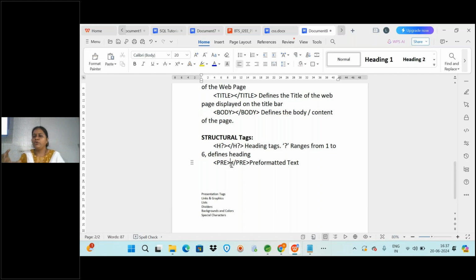So whenever you want to display text as it is, typed with commas, quotes, everything, then you put it under the pre tag. Whatever format is given inside, it will be displayed as it is. Understood? Okay, so these are the different tags we have: title, body, the heading tags and pre-formatted text.